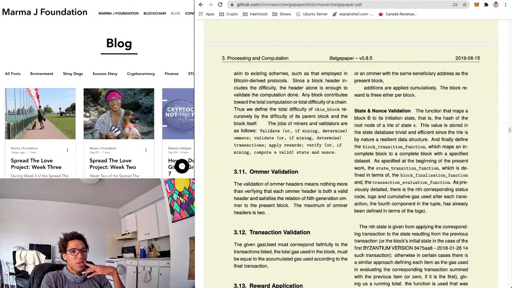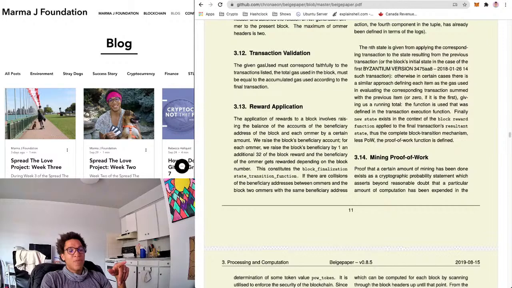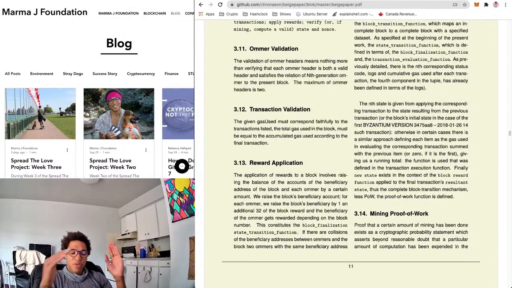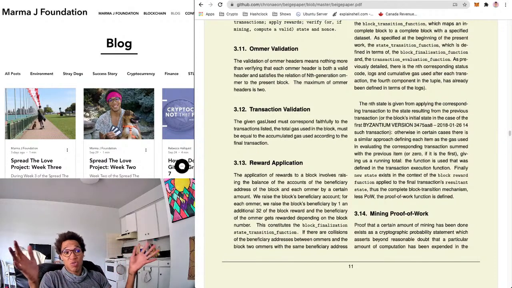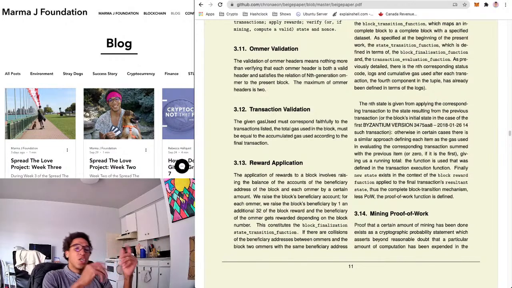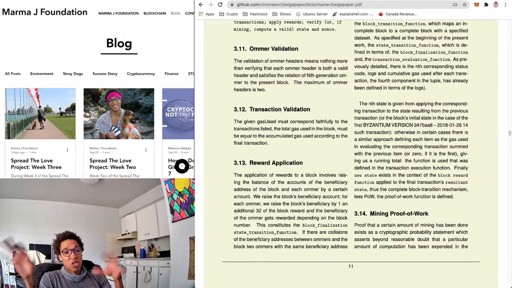So additions are applied. I think this is the part that I was talking about, like Ethereum. What happens is when there's collisions, if I recall correctly, they actually pay out people who get close. It's a way to incentivize decentralized mining. So instead of mining all in one big pool and making sure you don't have issues like with collisions, even if you were close, you'll still get paid a little bit. Therefore, mining on your own, if you get it yourself, you'll get it, and if you're close, you'll still get paid.